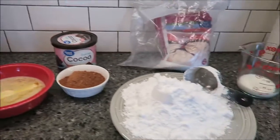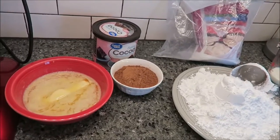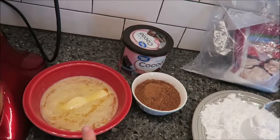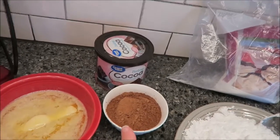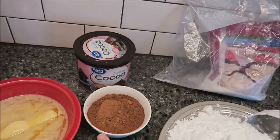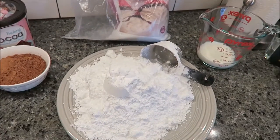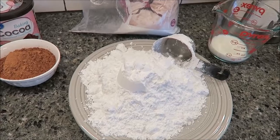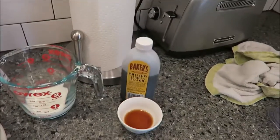To make the frosting for the cake, the chocolate frosting, I'm going to tell you what you need for that. You need 1 stick of butter melted, 2/3 cup of cocoa, and I'm just using Great Value cocoa. I've never used it before, but I'm sure it's fine. 3 cups of powdered sugar, which is a lot of powdered sugar,